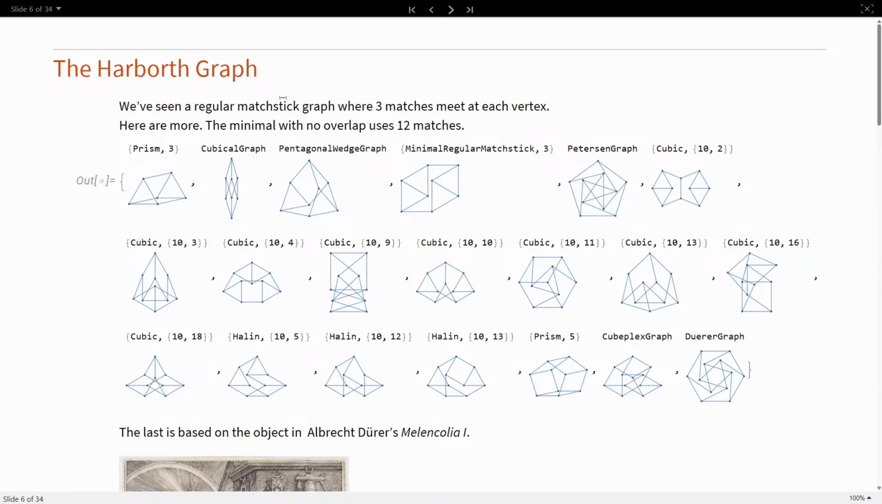So here are other regular matchstick graphs where 3 matches meet at each vertex. Here's the minimal way of doing it so that there's